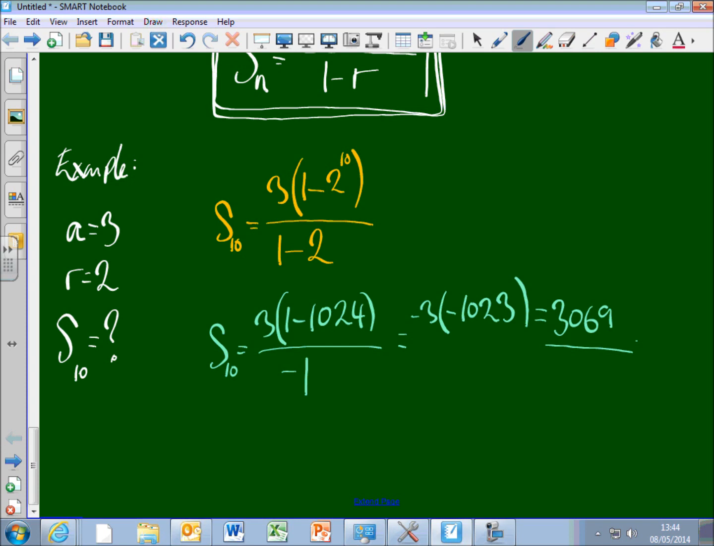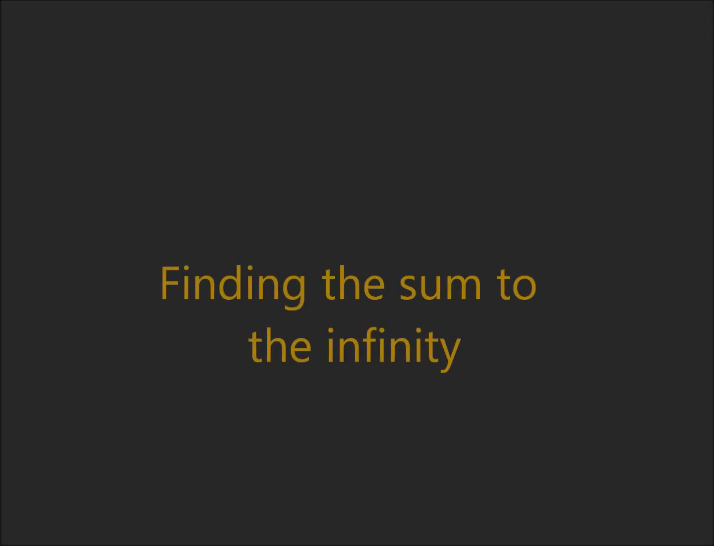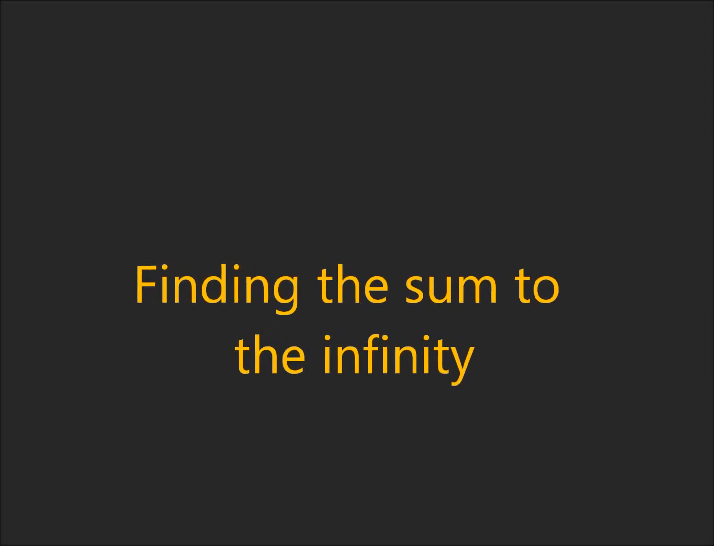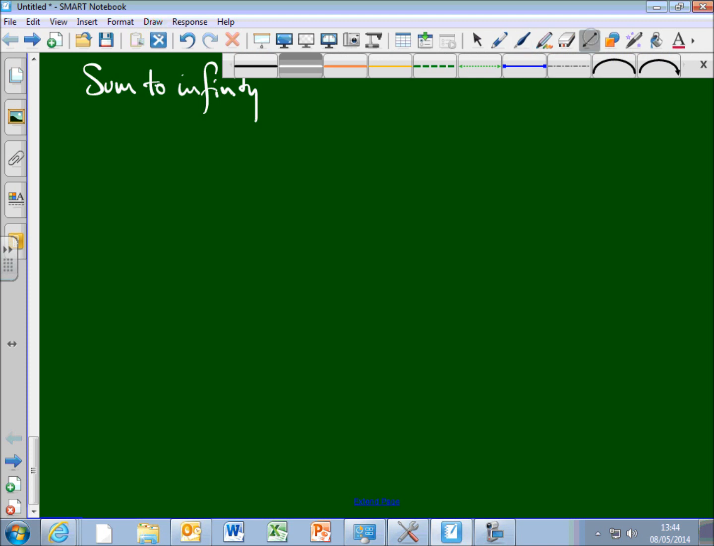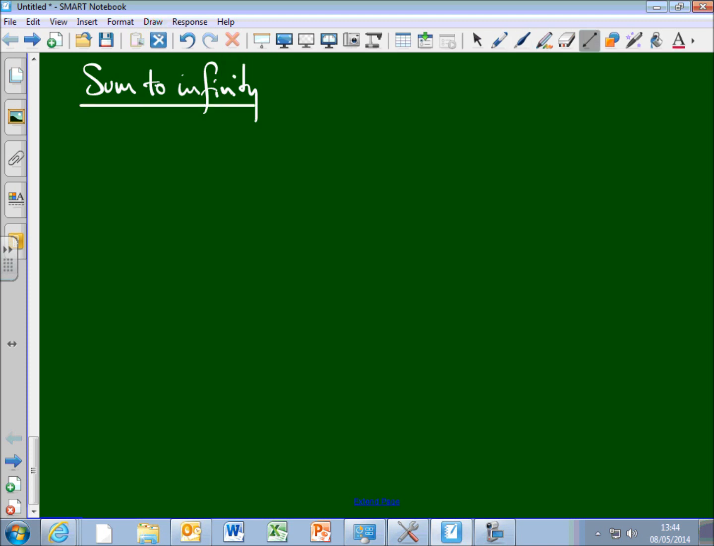Okay. Now there's one more thing that I've got to talk about, and then we'll do an exam question, okay? Sum to infinity, yeah? Okay, so now we're going to talk about this thing called the sum to infinity. Now, let's take a sequence that's going down, a geometric sequence that's going down. Okay. Let's start with